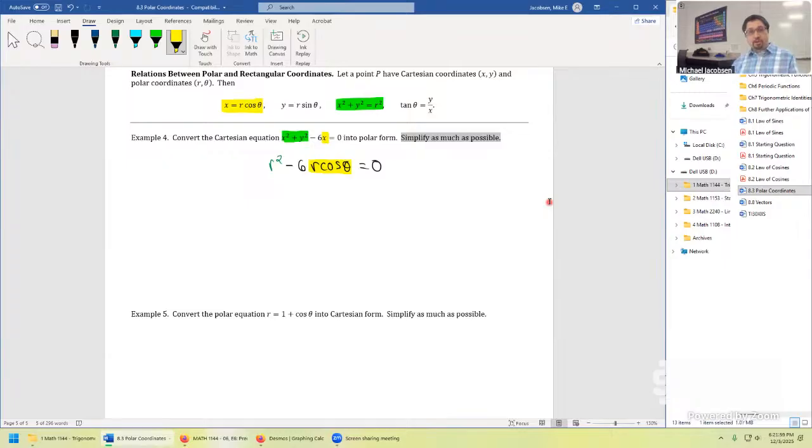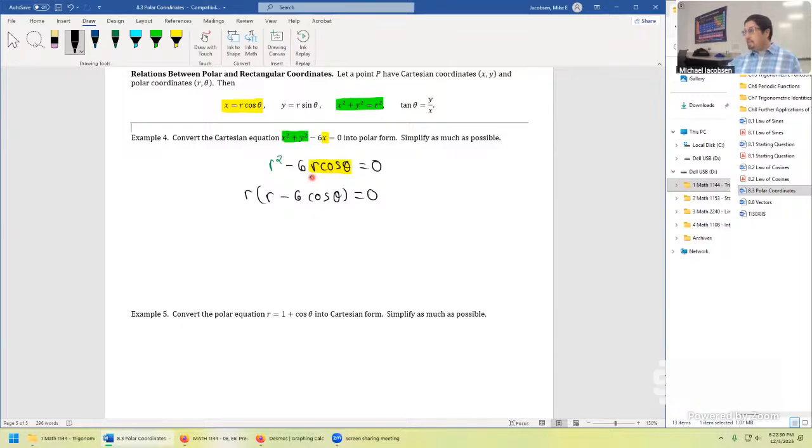I'm not going to be too critical when I grade these. If it was an exam question and you got to here, I would consider that full credit. But it's important to know that this is not the simplest form of this equation. Equations in polar coordinates have lots of interesting things going on with them. One thing we can do with this equation is just factor out r. If we factor out r, we are left with r times r minus 6 cosine theta